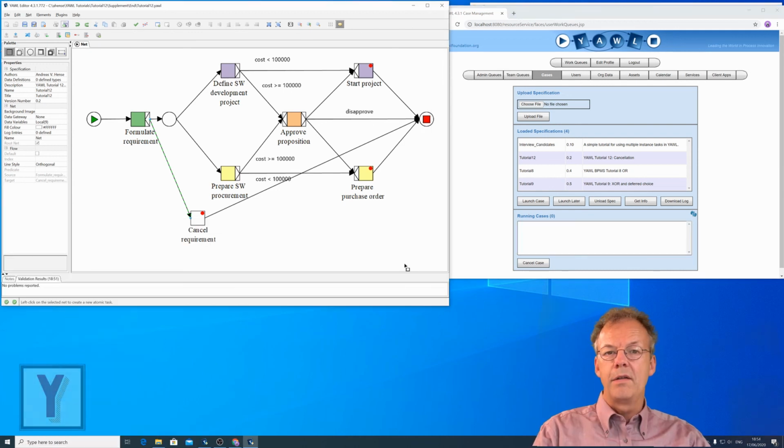You can try yourself executing now the workflow in the REST and, for example, go to start project and look at which moment in time the cancel requirement task is in turn cancelled. And this pattern here, that we have 2 regions in the workflow that mutually cancel each other, is a very frequent pattern in workflows.